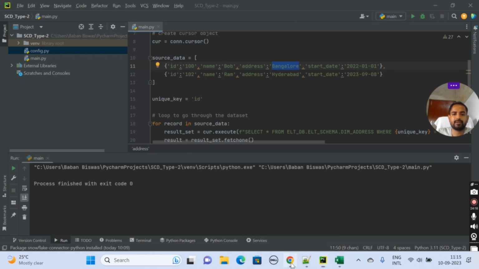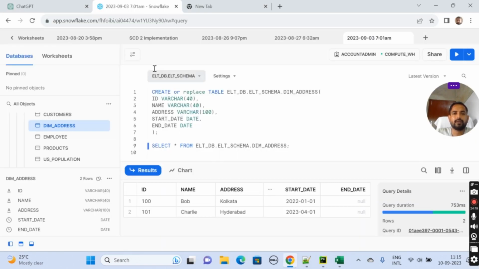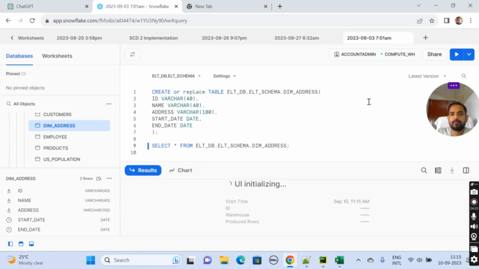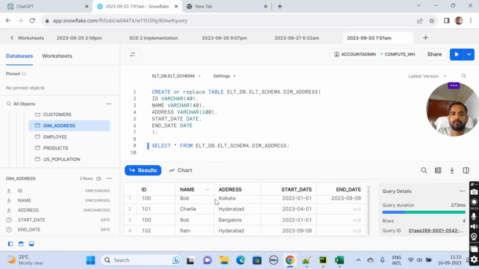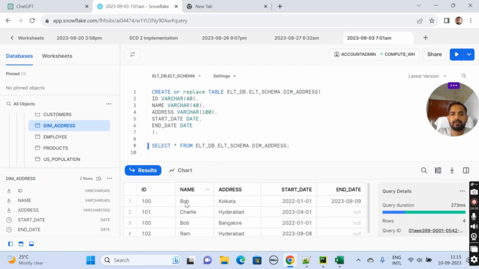Yeah, it's finished. Let's see if the data looks good or not. Okay, if you see here, for Bob, this is our initial record which got changed, basically became ineffective on this date, 9/9. That's today's date as per this timestamp here.